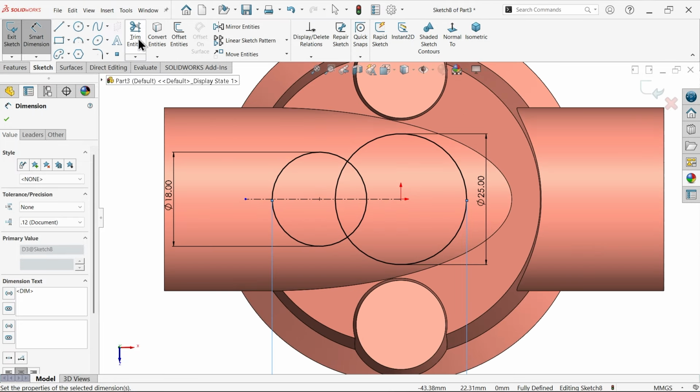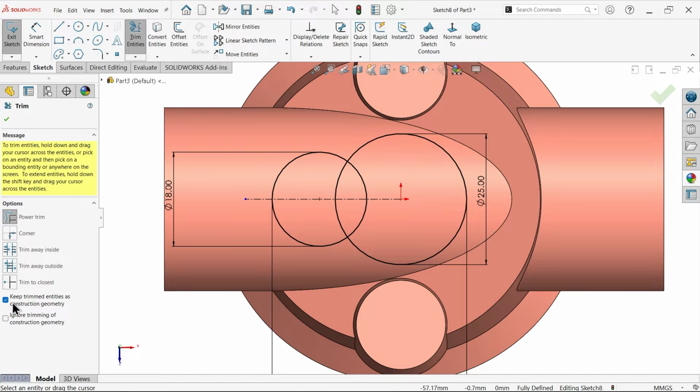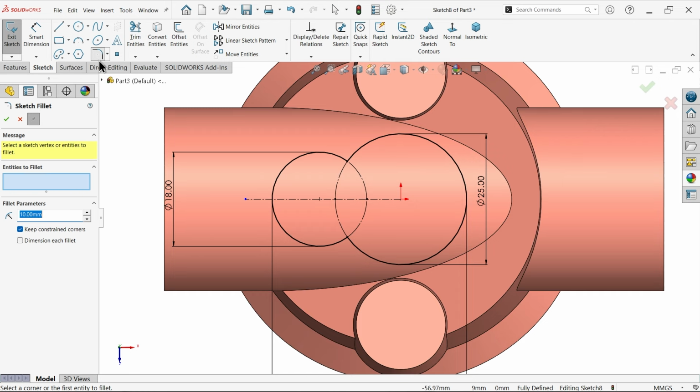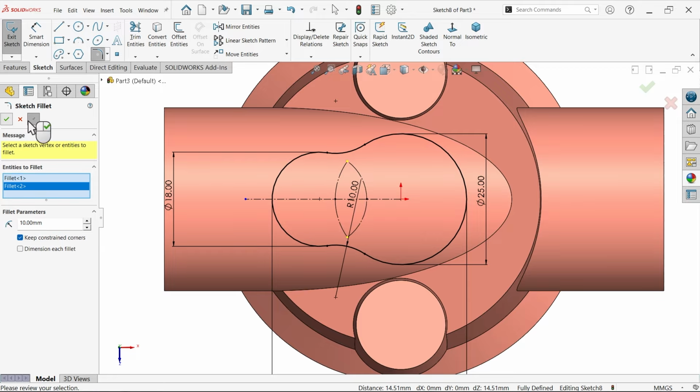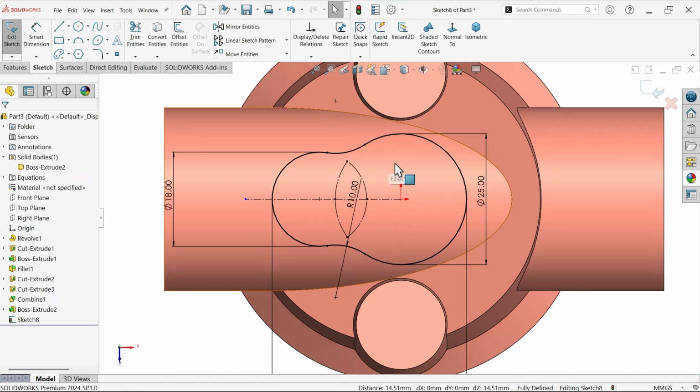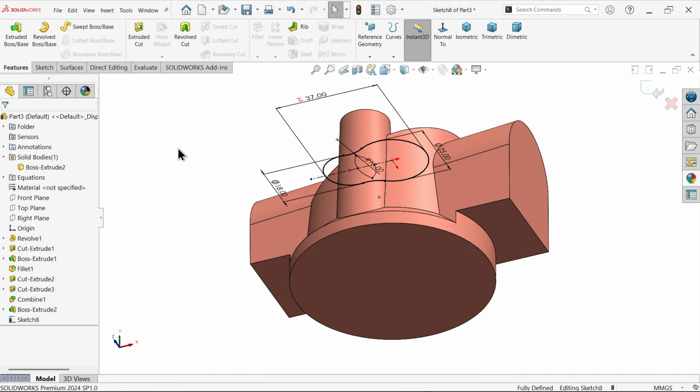Okay. Trim entity, power trim, and here select keep trimmed entity, because I don't want to lose any relations. So select this one, this one. Now it's trimmed. Fillet. Keep 10 millimeter. Select these two. Okay, cancel. Look, it seems a fully defined sketch. Fine. Before going to apply this surface,